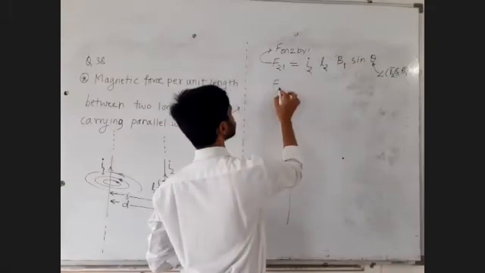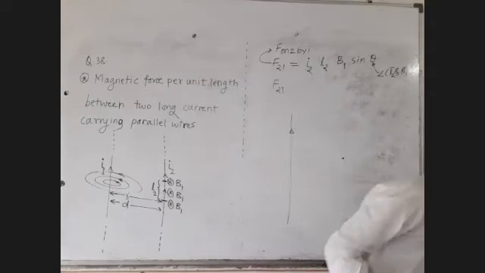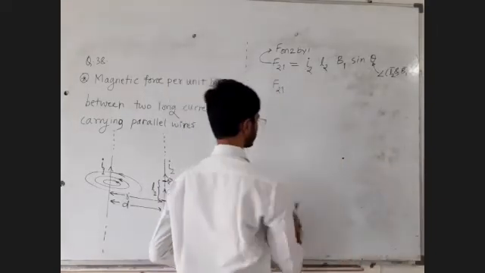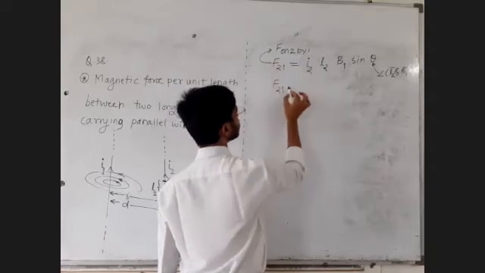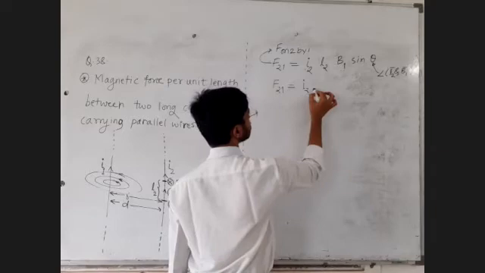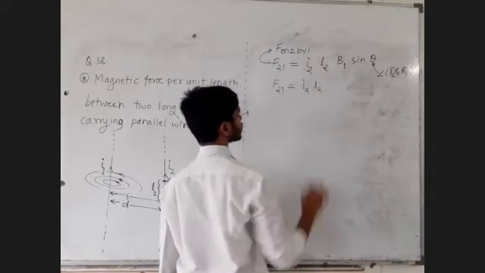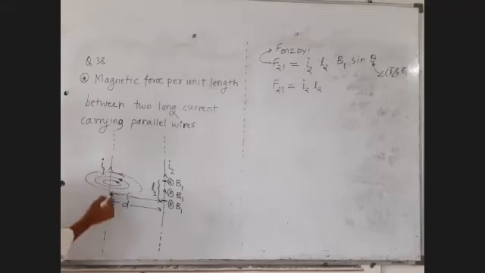So this is the force on the second wire because of the first wire, F21, force on 2 by 1. Force on 2 by 1 is equal to I2 as it is, L2 as it is, B1. What is B1? Because of the infinitely long current carrying conductor, at distance R, what is the magnetic field? Look.